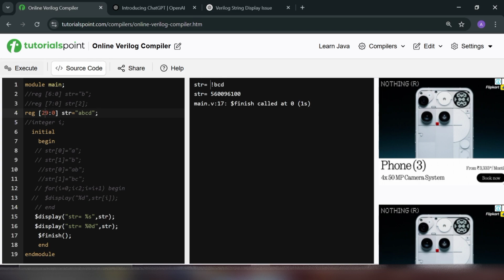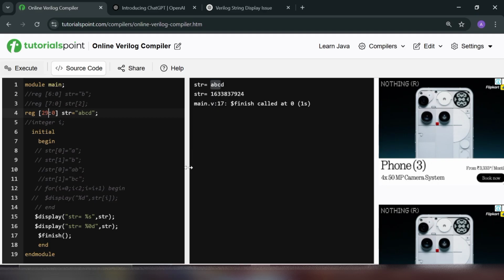So it is printing something like, for the first character it is taking 7 bits and for the rest of the characters it is taking 8 bits. How? If you give 30 down to 0 instead of 31, a total of 31 bits will be there, so still it is printing complete values. What it is printing is, for the first character it is taking 6 down to 0 and for the rest of the characters it is taking 7 down to 0. That is, for the first character it is taking 7 bits and the rest of the characters it is taking 8 bits. What happens if we give